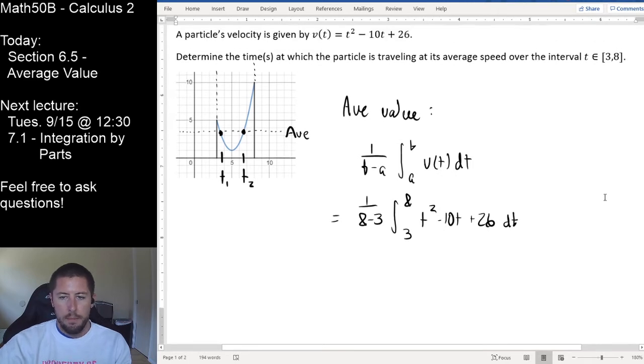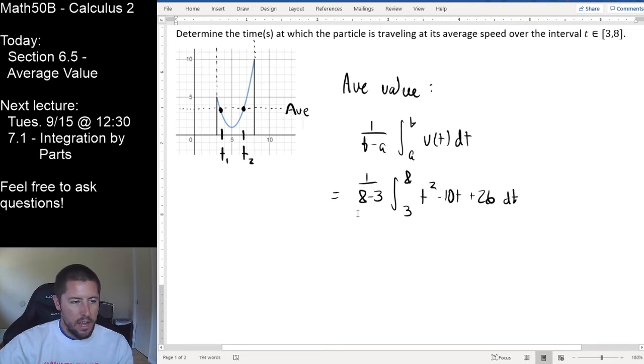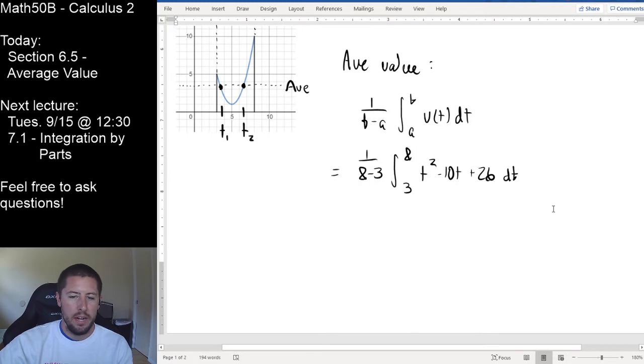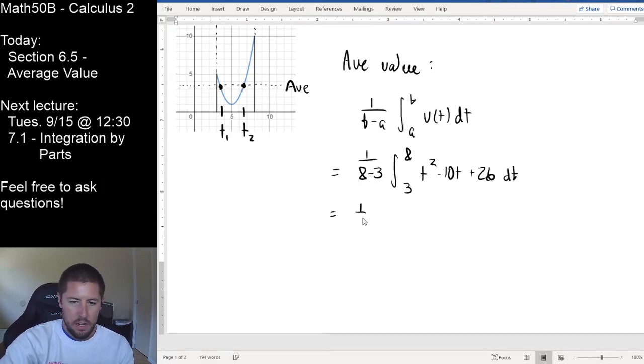And now we're just computing. Notice right away, just to get our average value here, there's not too much exciting going on. This is integration that you guys have done. The only other component is we're introducing a constant multiplier. And that's it. To compute an average value directly, not a lot of excitement going on here. So I'm getting 1/5 times